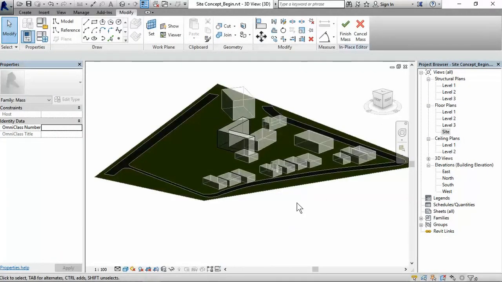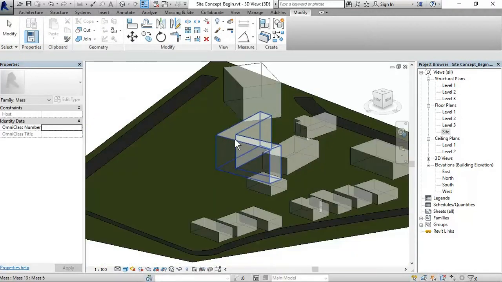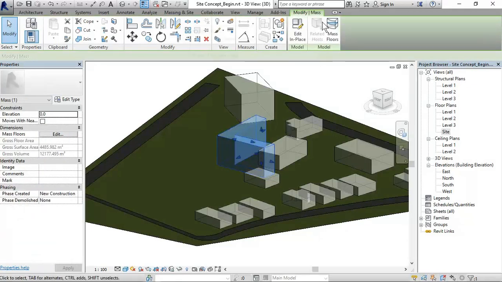Okay, so now we're finished, and this is the final product. Now this mass here is too high, and I really want it to be lower. So the way to edit this is to select the mass, go to edit in place,